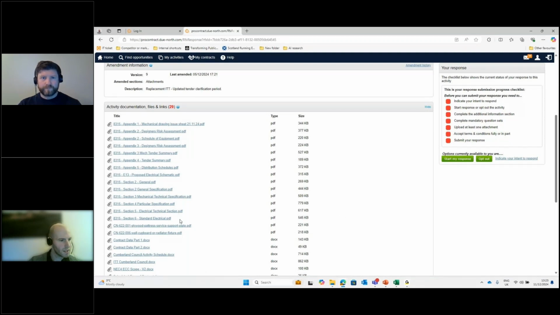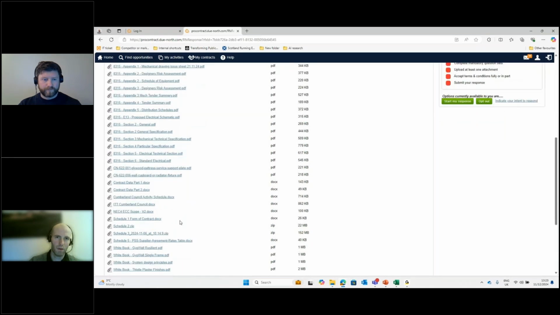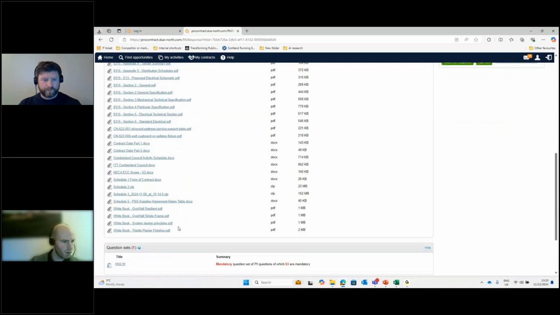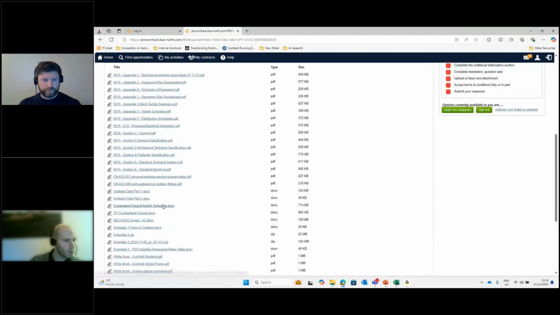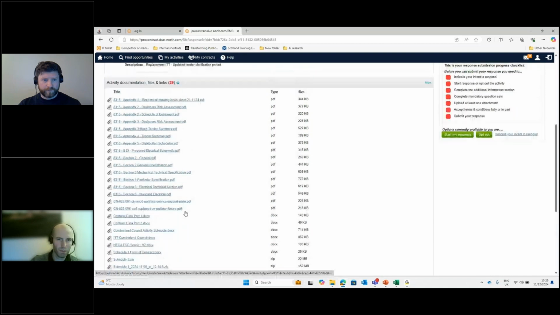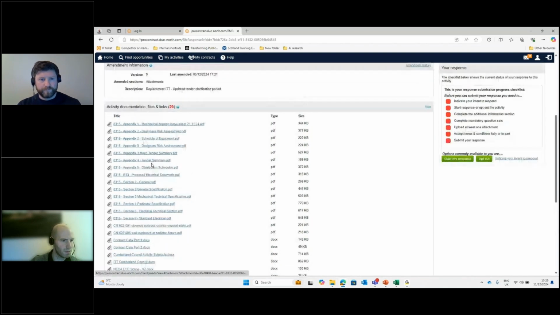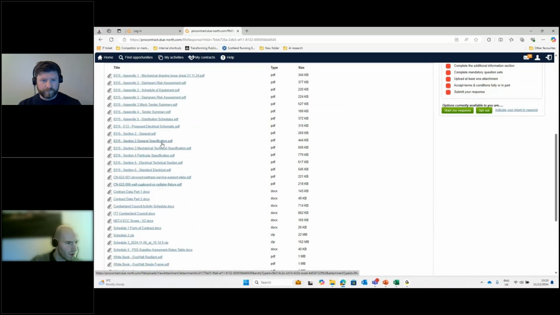So this type of thing, I'm obviously just mirroring what Alistair had said. I'm going to look for the ITT document, which I can see is there, buried kind of two-thirds of the way down. I'm also going to understand, this is really complicated, there's loads of documents here. What else can I find? I've got a tender summary document. I'm going to have a look at that. I've got another tender summary document. I'm going to want to look at that. What else have I got? I've got probably a general specification document. I'm going to want to look at that.